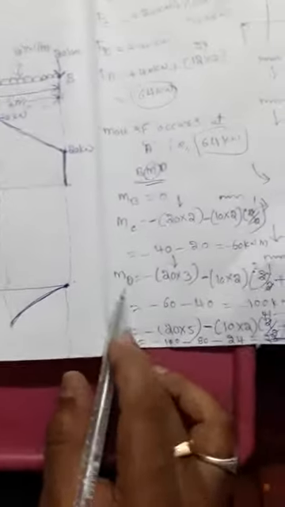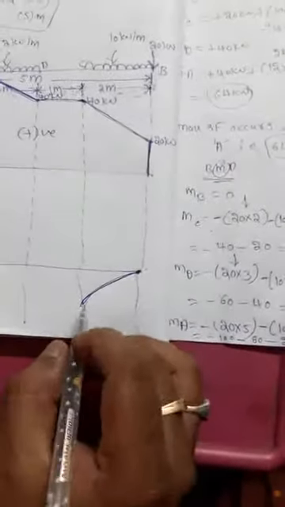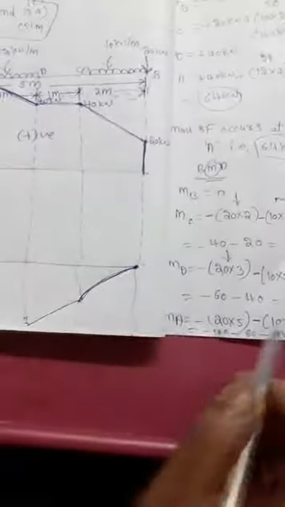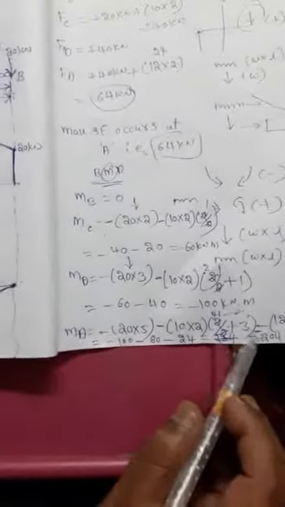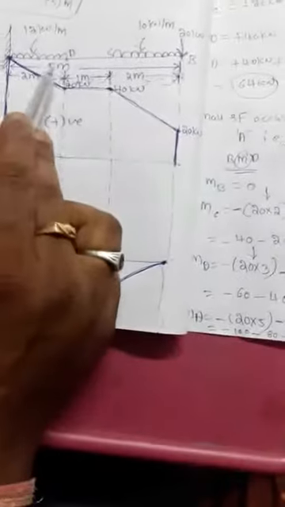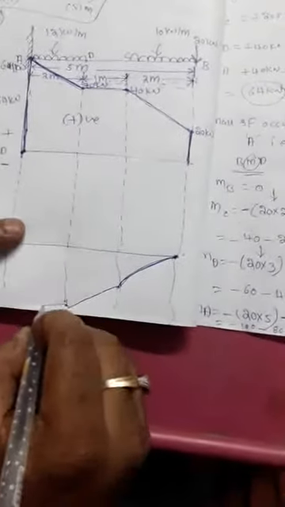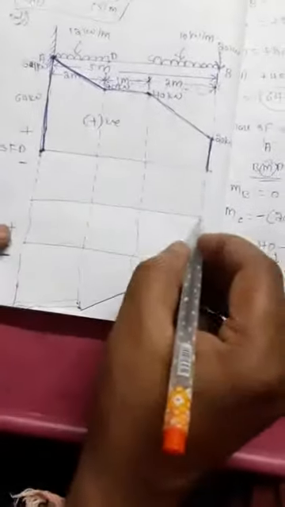So another, MD equal to minus 100 kilonewton into meter. There is no load between C to D, but here it rises from minus 60 to 100. Okay, and another, moment at A rises from 100 to 204. So here load is acting between D to A. There is a UDL. So UDL in the form of a parabolic shape. So this diagram is ending with this. Okay, so this diagram is like this.